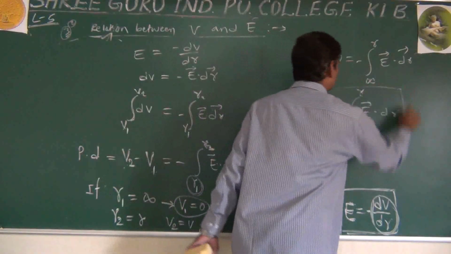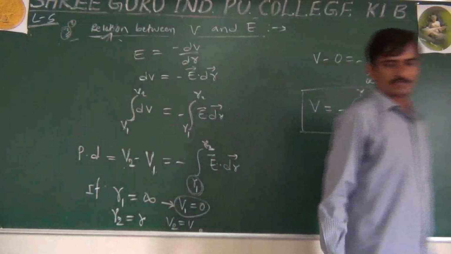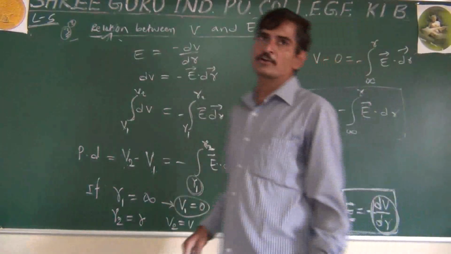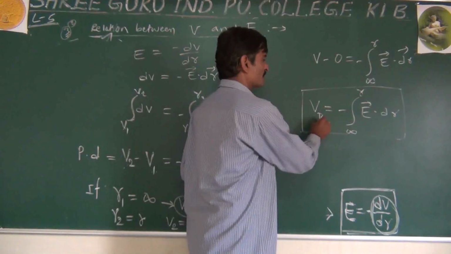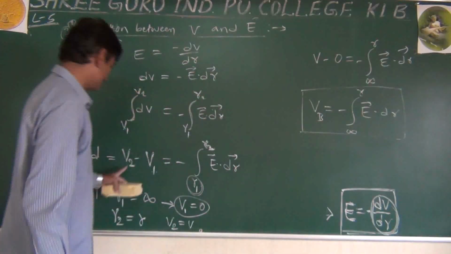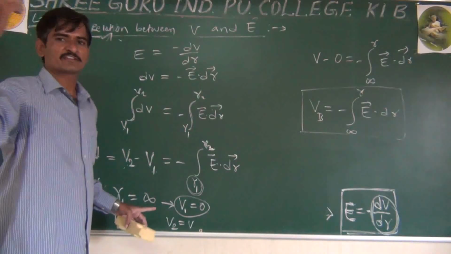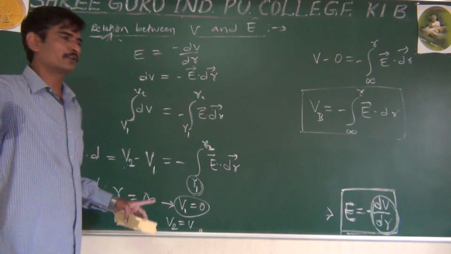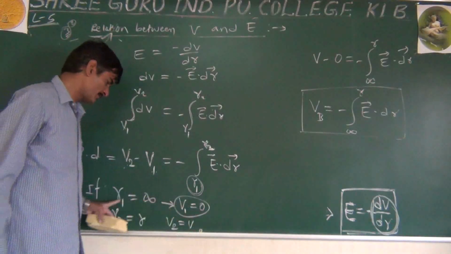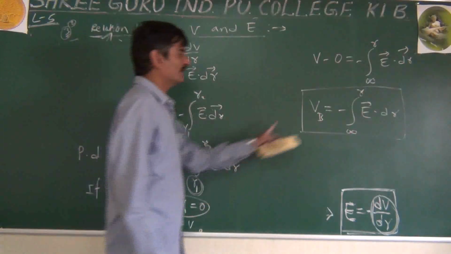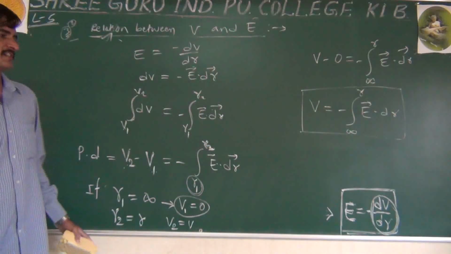This I have already told in the first class only; in the first period we completed this formula. I remember I wrote VB is equal to, where we have taken VA at infinity and the test charge is moved from infinity to the point B. Then VA becomes 0 because the first point is at infinity. Then VB is equal to this. Understood? That was in the first period.